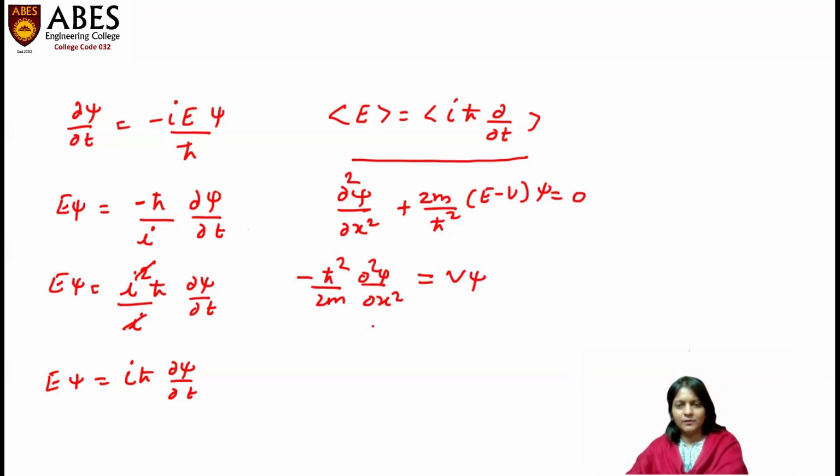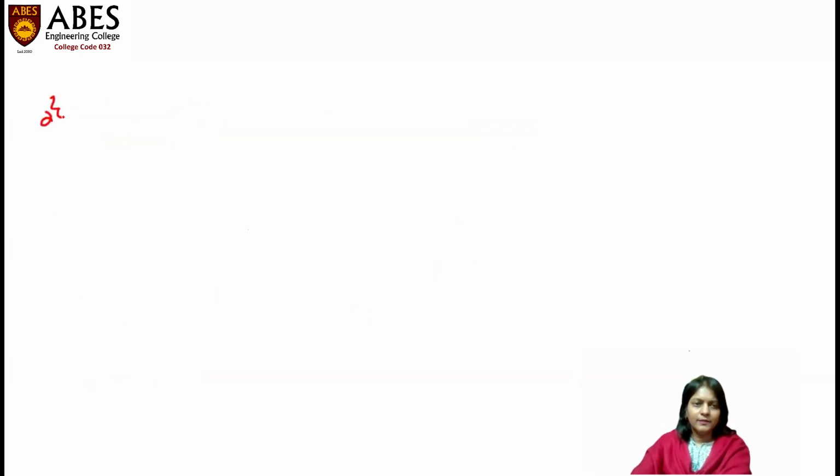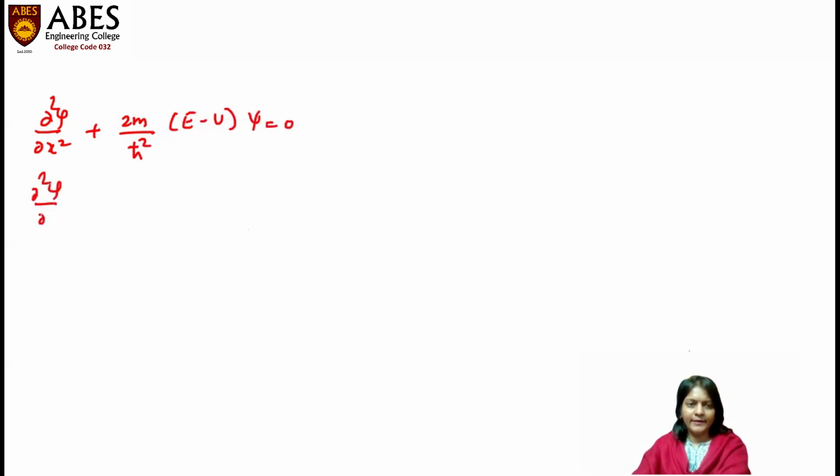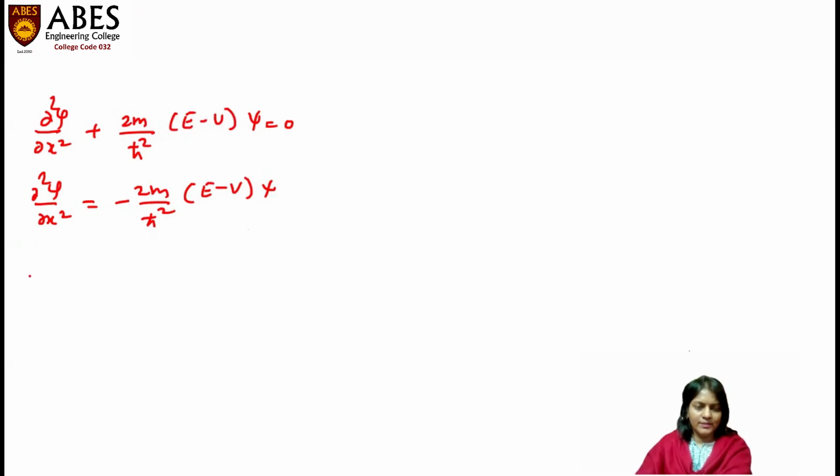I will do it in detail. We know the Schrodinger time independent equation is 2m upon h cross square (E minus V) psi is equal to 0. I can write it like this, minus 2m upon h cross square (E minus V) psi. Now this value can go to this side as minus h square upon 2m del 2 psi over del x square